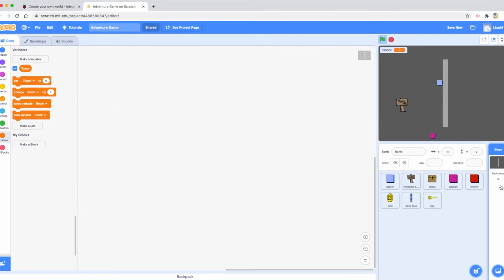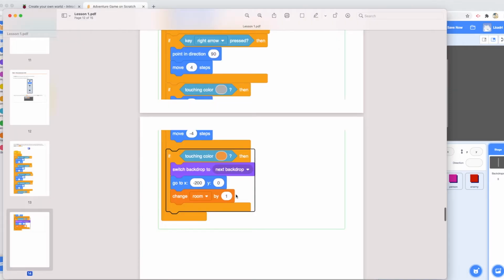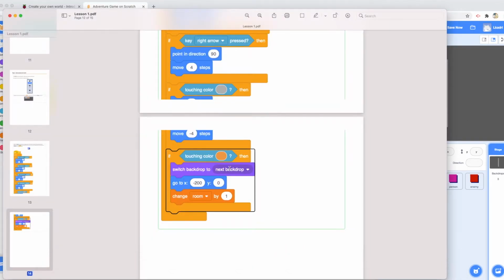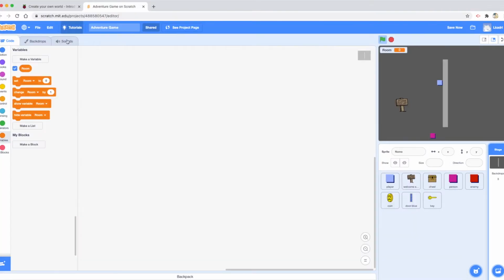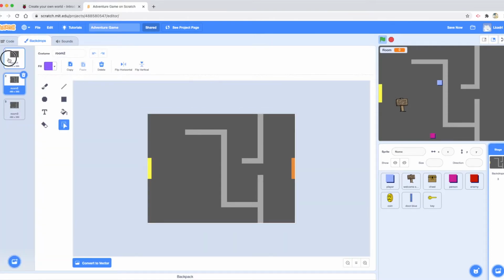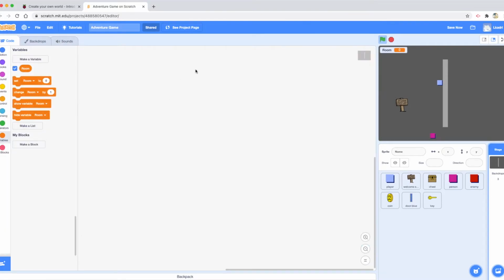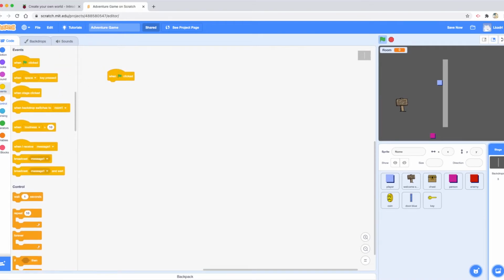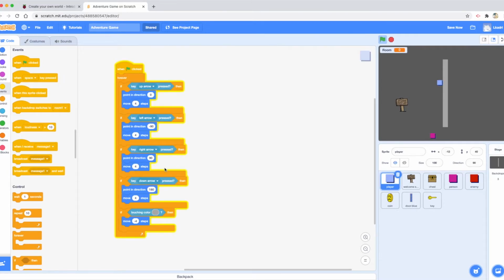And we want each room to have a different number. So to keep track of this, we need this piece of code here. So if touching colour orange, so that's our first door, we want to change the backdrop to the next one, which is room 2, and then we want to tell the game that the room variable is now 1 because we're in room 1. So let's initially set the room number to 1, and then we are going to click our player icon,